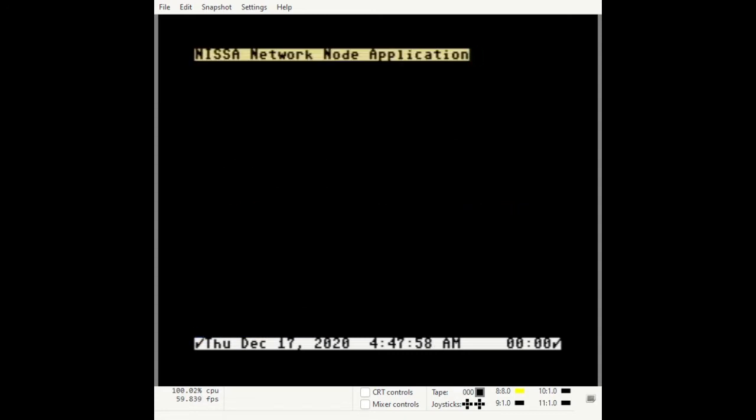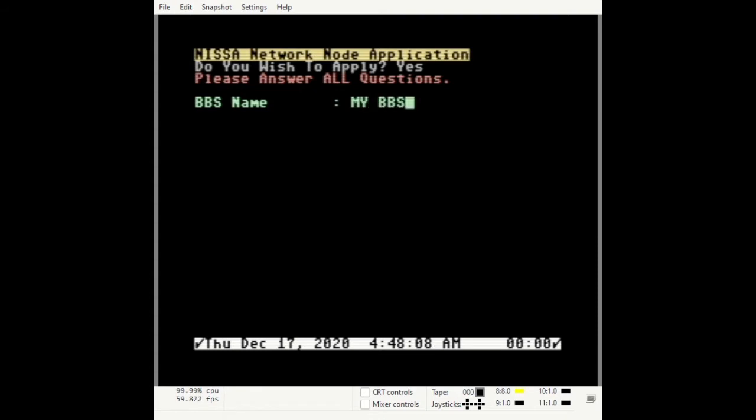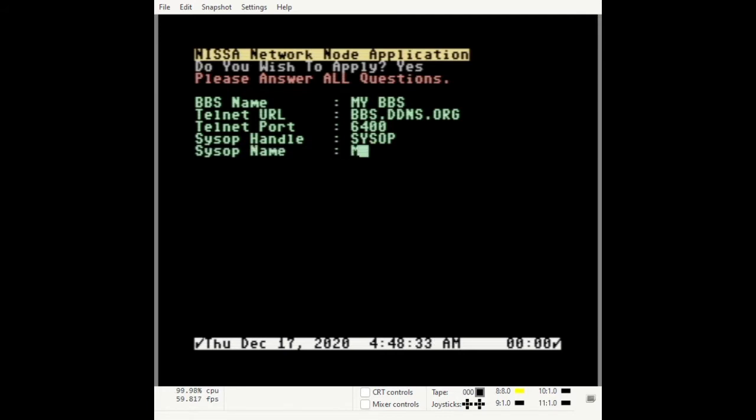This will take you to the NISA network node application and ask you if you wish to apply. You'll answer yes, and then fill out the information for your application. The application will want to know the name of your BBS, the URL that your BBS is running on, the telnet port. You want to enter your sysop handle, your real name,